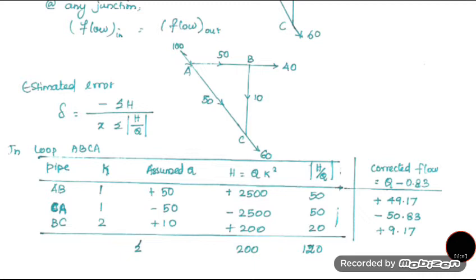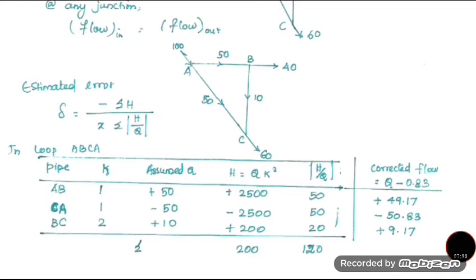In this loop, three pipes are there: AB, BC and CA. CA is opposite to the pipe AC, that is, the flow is in reversal. Here the K value is given as 1 for AB, 2 for BC, and 1 for AC. Here we assume the flow as 50 and 50 for AB and AC, and for BC it is plus